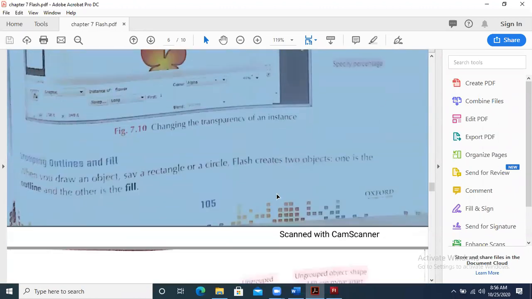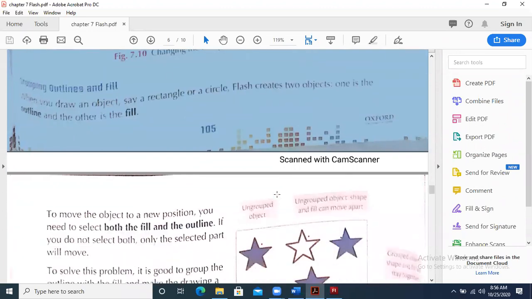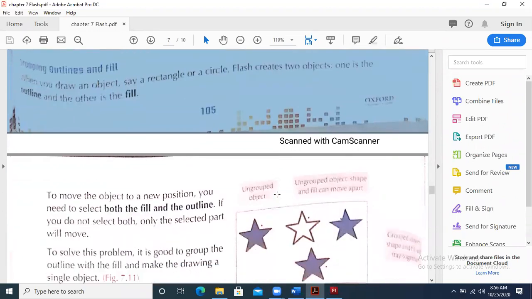Now come towards the next thing, which is grouping, outlines and fill. How we can make different outlines and we can draw different objects. When you draw an object, say a rectangle or a circle, Flash creates two objects. One is the outline and the other is the fill. As I had told you, whenever we are drawing, the outline is there.